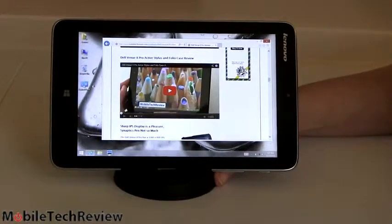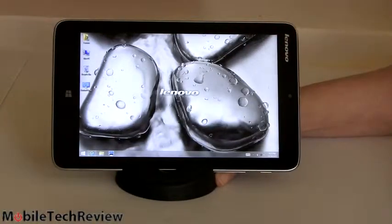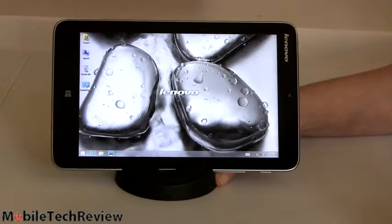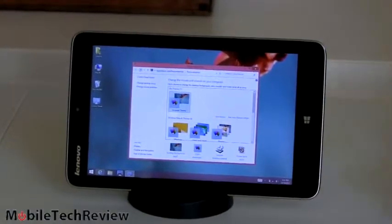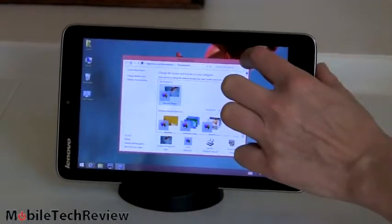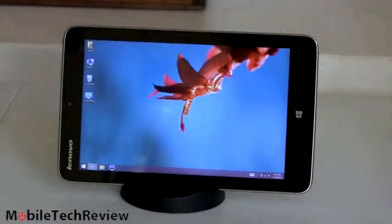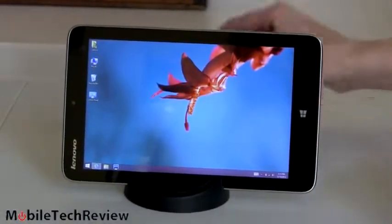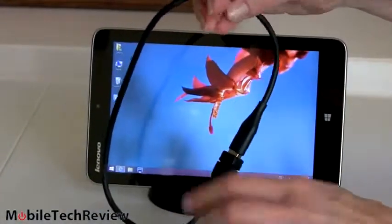And now, because this is a regular desktop environment, I'm just going to minimize my browser window right here. We're at the desktop, and we're going to plug in a USB hard drive. And also, by the way, because this is full Windows, we've just used the control panel to change our desktop pattern because Lenovo's default stones is so white, it's throwing off the metering on our camera. Anyway, here's a Western Digital Passport 2.5-inch portable hard drive. This is a